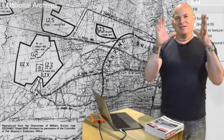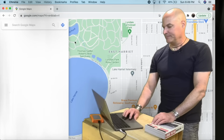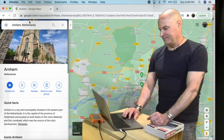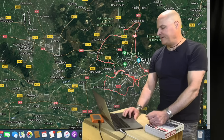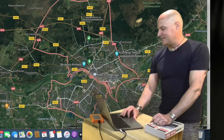Now, this is where you can do it at home. Pull up Google Maps. I'm going to type in Arnhem, Netherlands. Already had it there. Switch to satellite view. Now, let's leave the labels on, and we're going to zoom into Arnhem. And you can see,